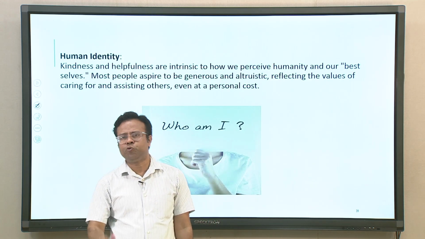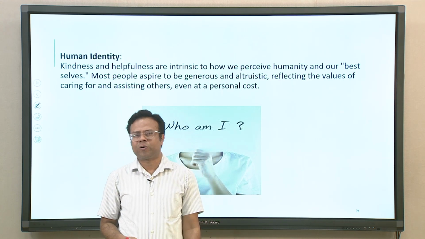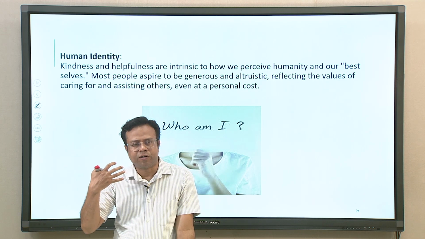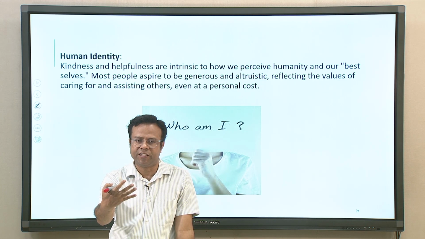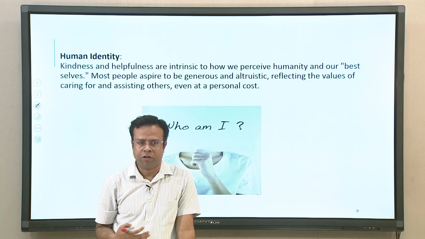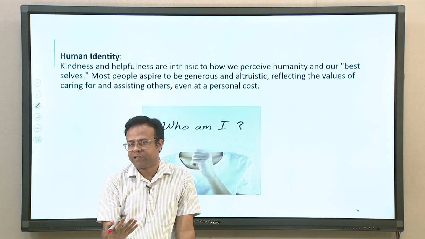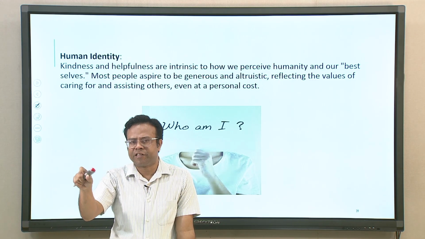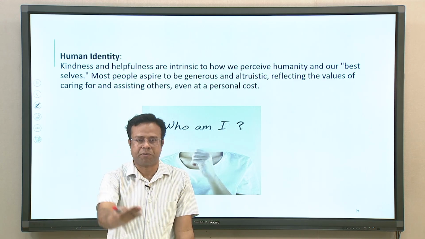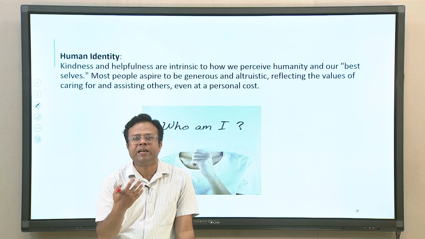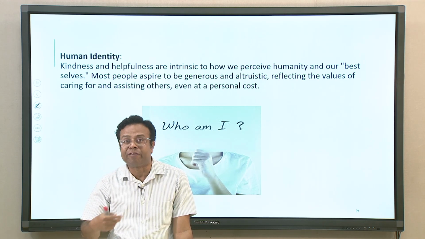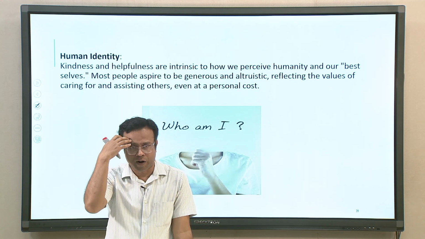One is about human identity. When we talk about kindness or prosocial behavior or helping other individuals, it has unconsciously become a part of human identity collectively. Collective teaching says that human beings should be kind and helpful. Whether one becomes so or not is a different thing, but social norms say it should be an important part of each individual's identity. This is because it is a desirable thing and everybody rewards such actions or attitudes.